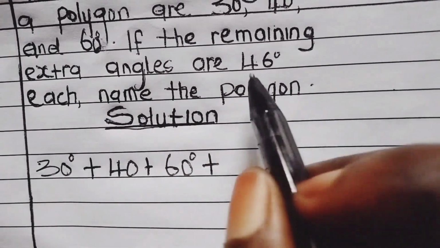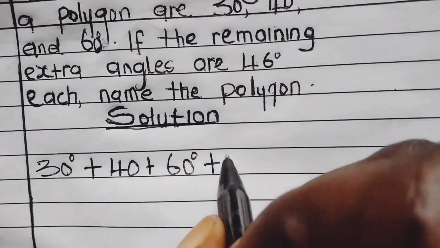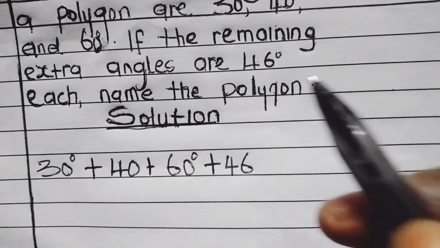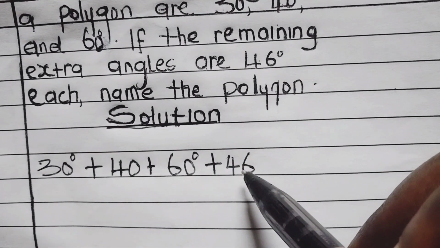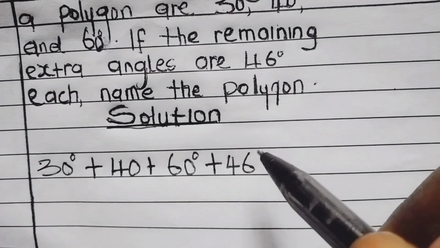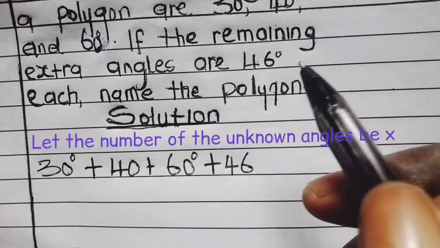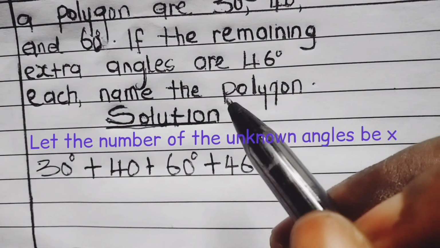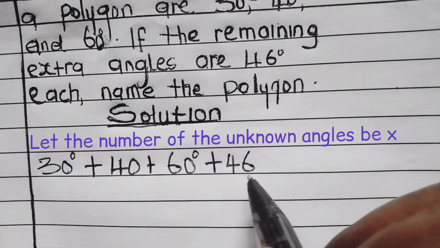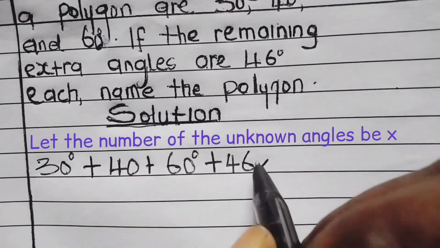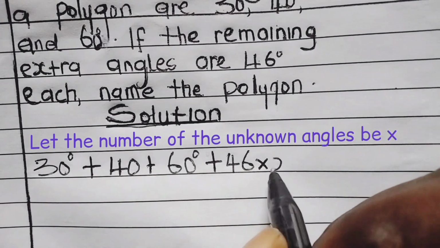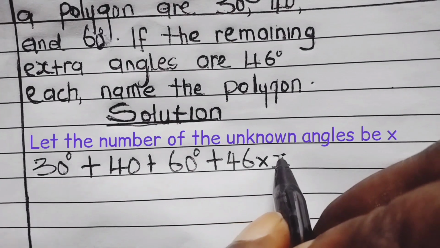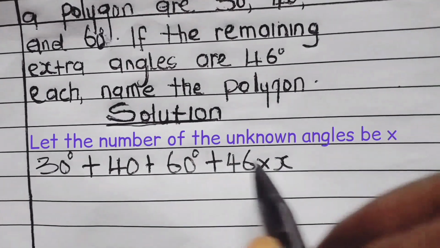So what do we do? We write down the 46 first, times how many angles? We don't know how many 46s we have. So let it be x, because x always takes an unknown number in mathematics. Because of that, we write 46 times x, where x is the number of angles that are 46 degrees,